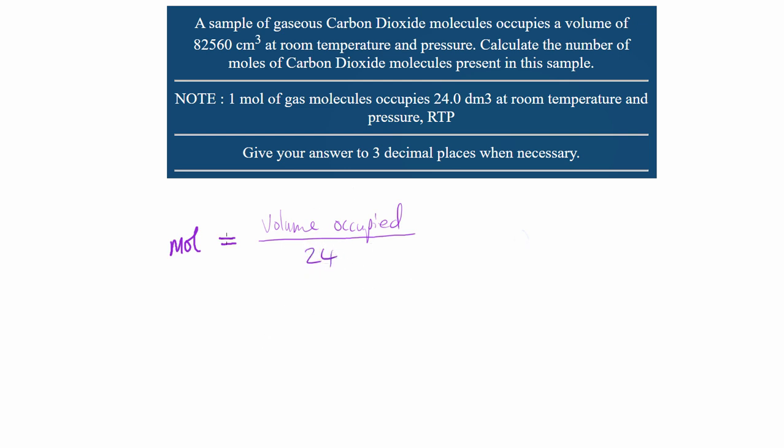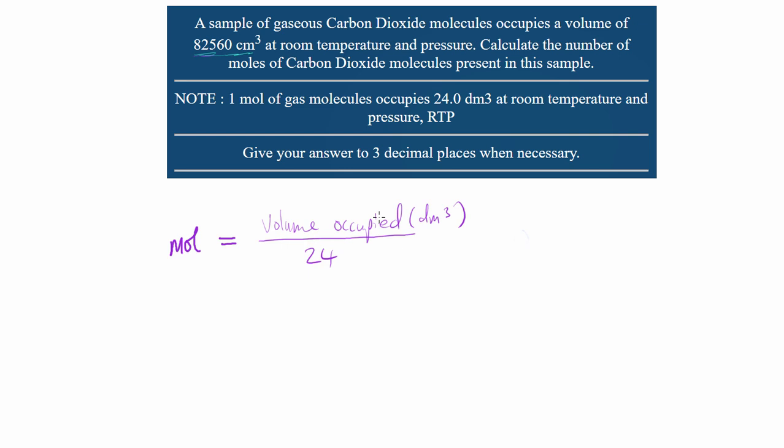Now if we do that, we'd actually get our moles, and this is specifically if the volume occupied is in decimeters cubed. And what we know from our question is that actually our volume provided here is not in decimeters cubed. So to actually adapt to this particular question, we would need to convert this